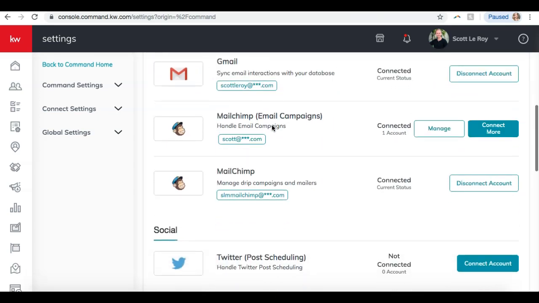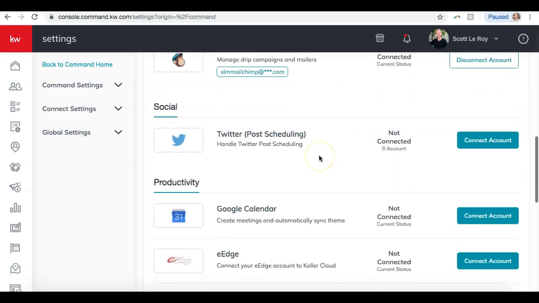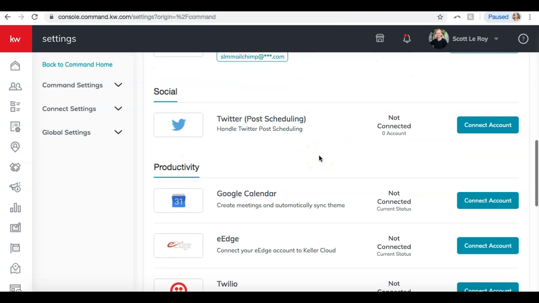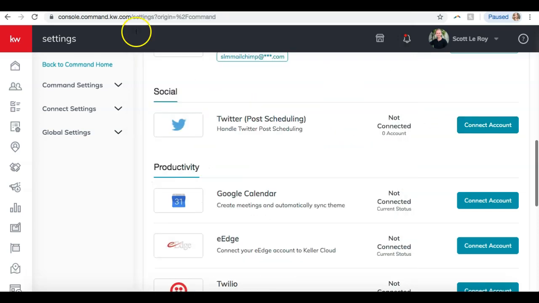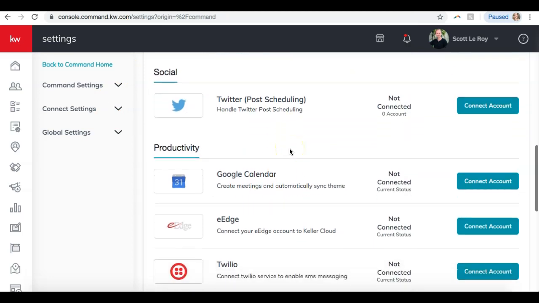MailChimp also important. So if you're sending out any emails or email campaigns through Command, you will need your MailChimp account connected. And as we're scrolling down now, we're seeing the accounts that are not connected. So for example, here's Twitter for post scheduling. All you would need to do to connect these is click the teal Connect Account button, and it basically just walks you through a login page, and you just log into your account and then that will be linked to Command. So Facebook, Twitter, MailChimp,